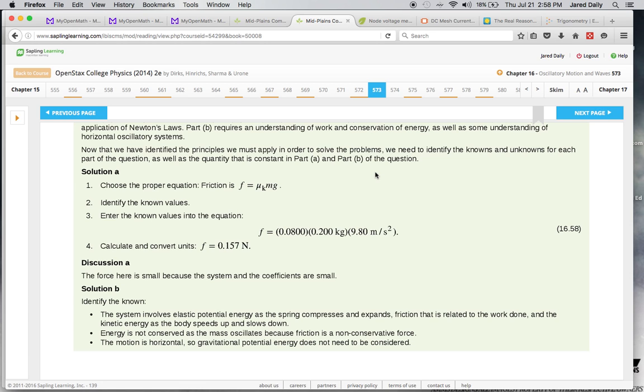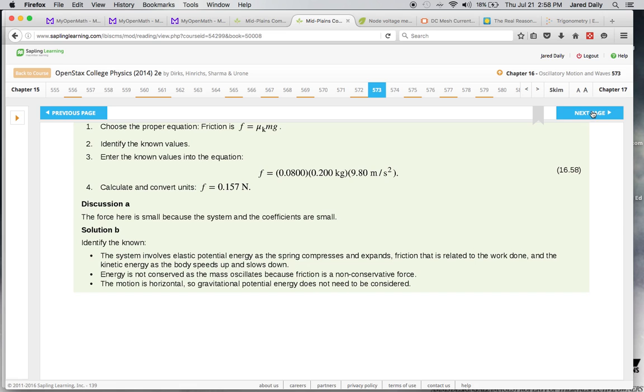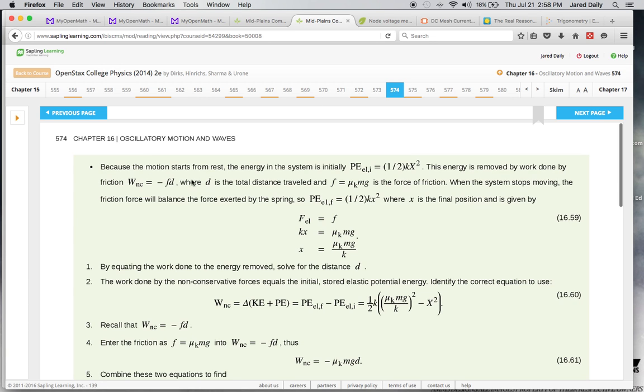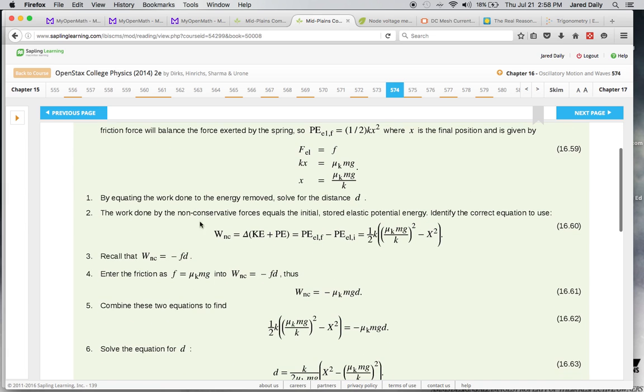And then you're going to set all of that energy equal to the amount of work needed to be done by the friction to damp it all out. And so it's the force of friction times the distance, and then you can calculate the distance, and that's exactly what they're going to do here. So here's their work, force times distance, and they let that force times distance equal the potential energy of the spring